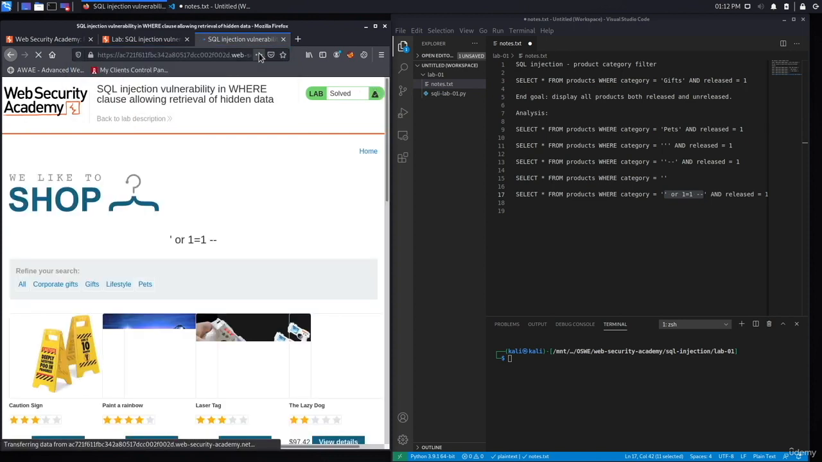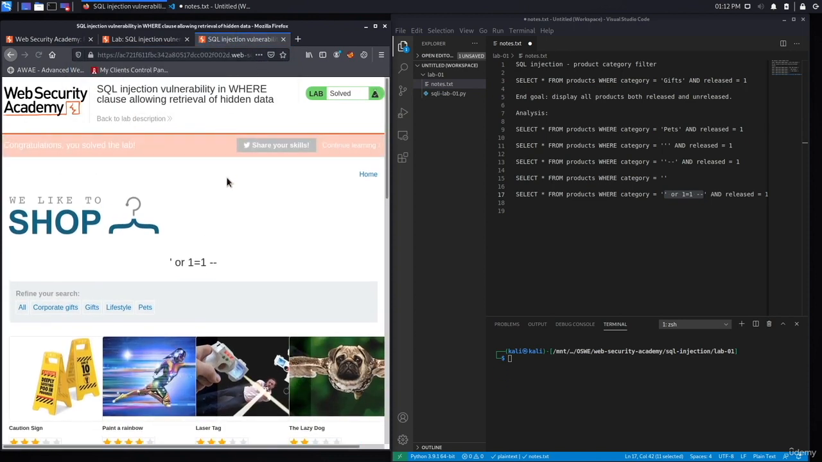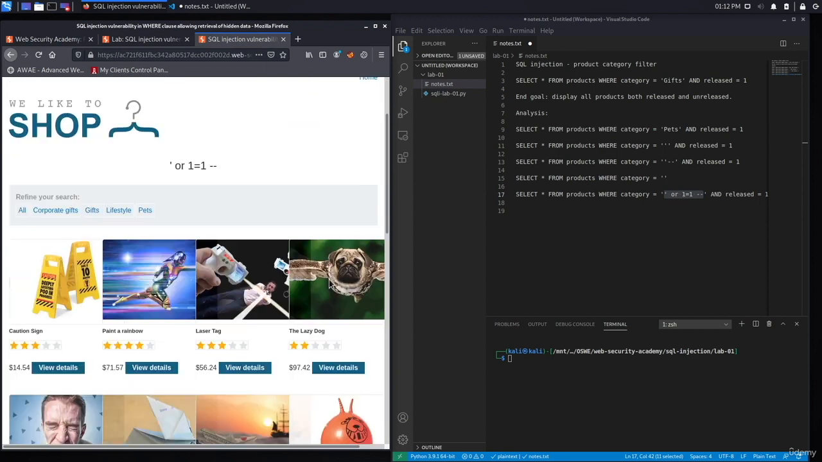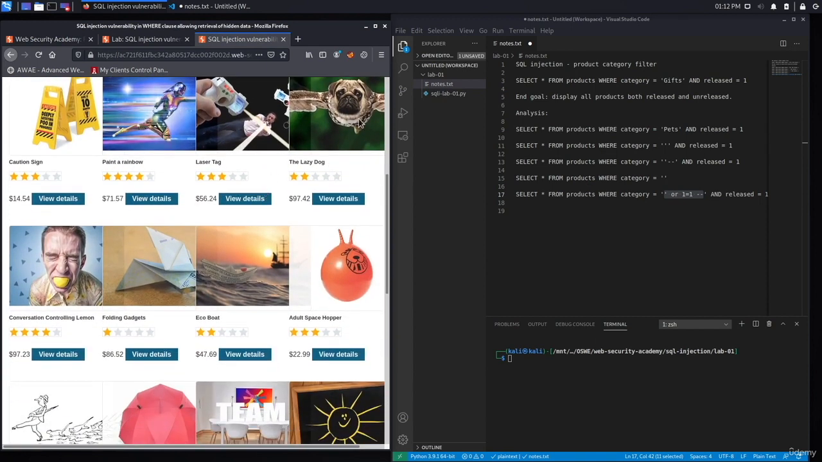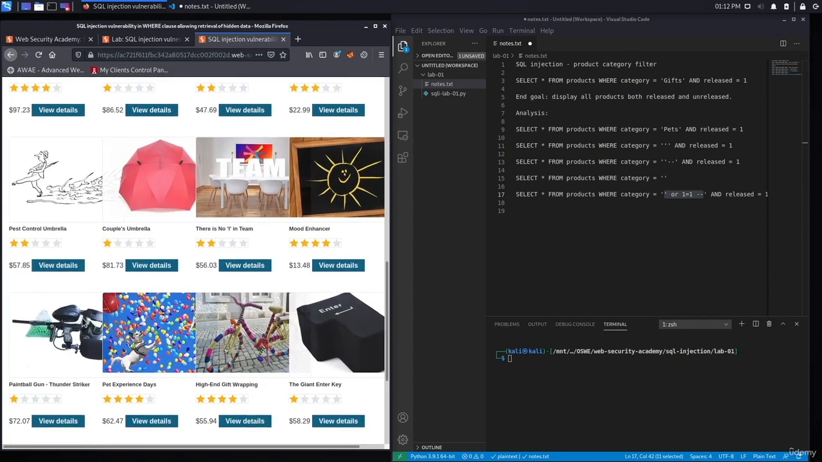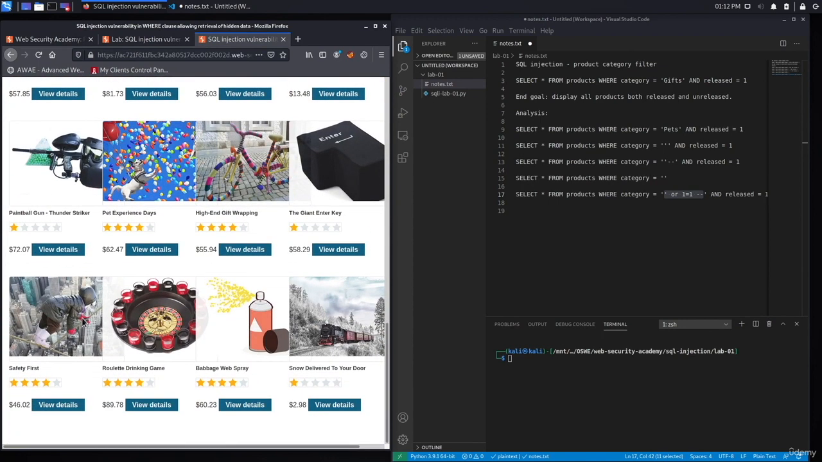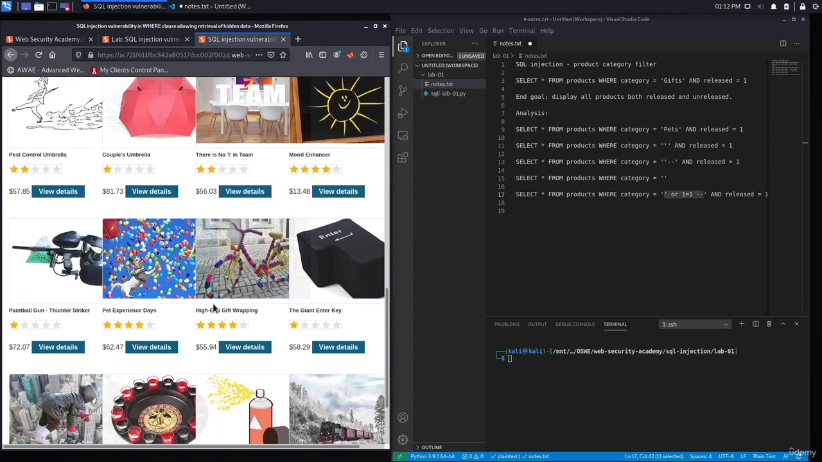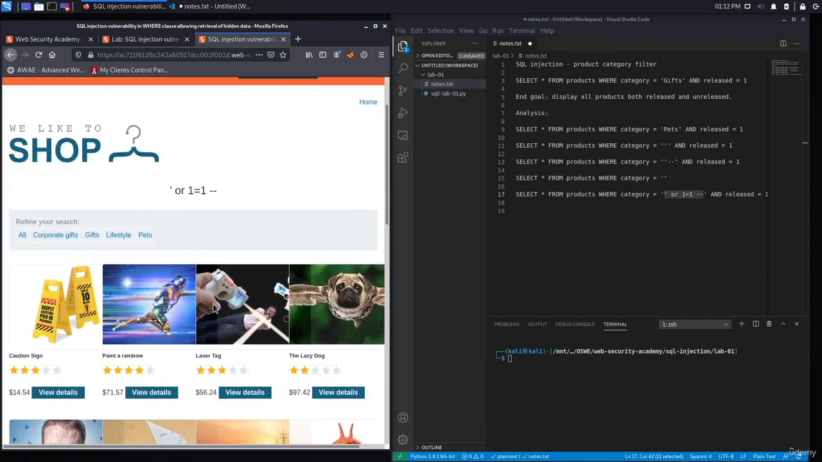and hit enter. And here we go. It says, congratulations, you've solved the lab. If we go down, you can see that we can see 1, 2, 3, 4, 1, 2, 3, 4, 5. So that's 5 times 4, 20 entries, whereas before we were only able to see 12. And if we look at the entries,